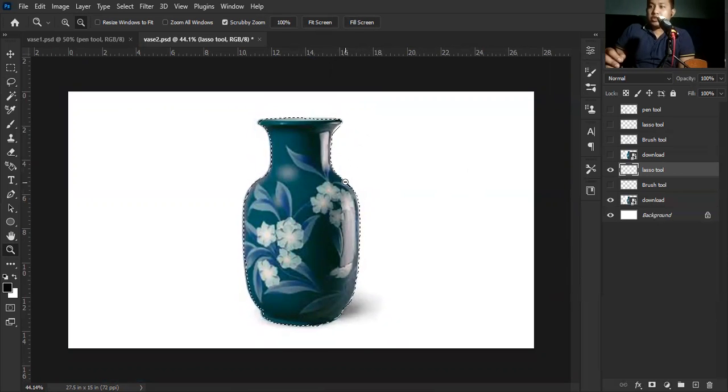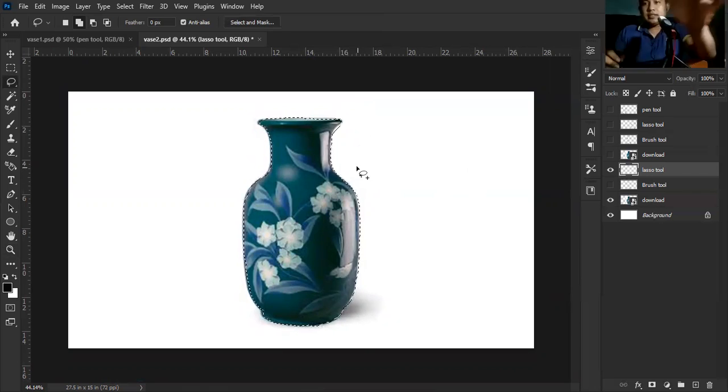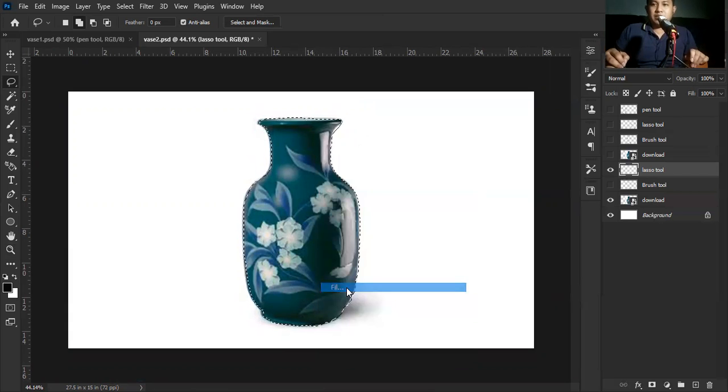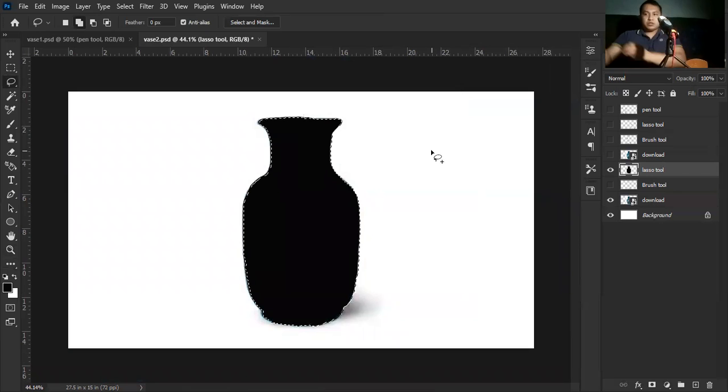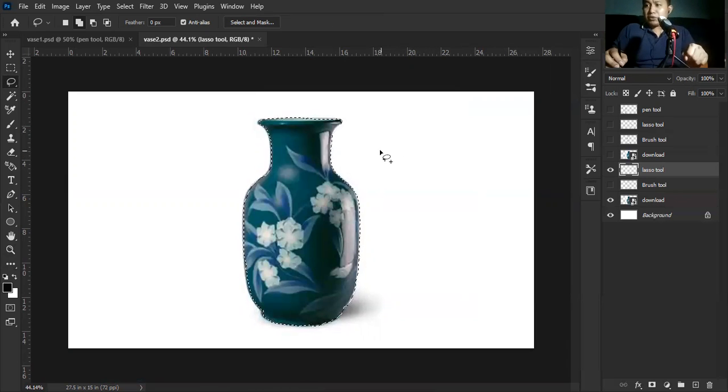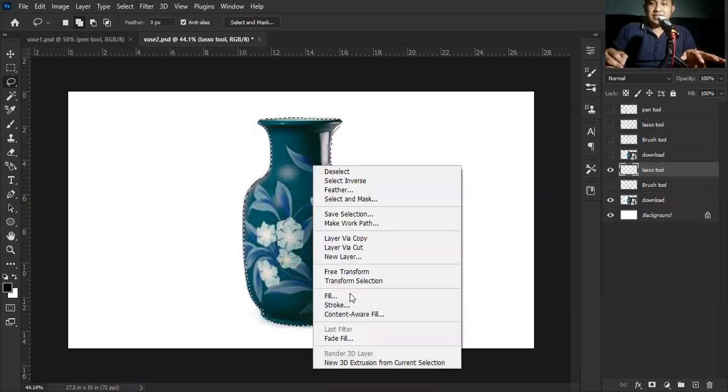Now, usually digital artists, they use the lasso tool to make a base for their work. For example, they right click and then they click fill, and then it will be filled for whatever is set on their foreground color. For example, like this one. So you don't need to keep on filling up the whole shape with color. But what we need to do right now is we need to make it look like a line art. So what we will do is click stroke.